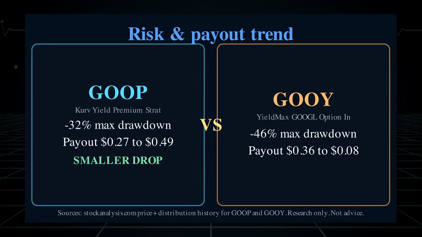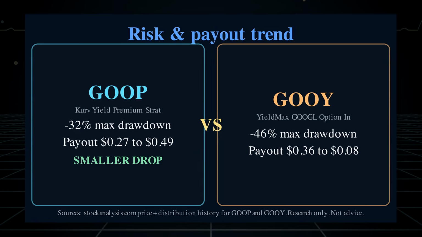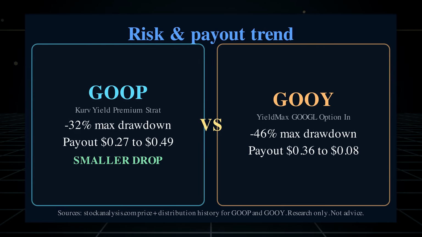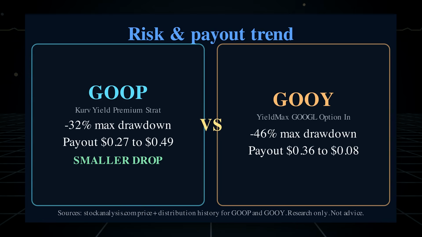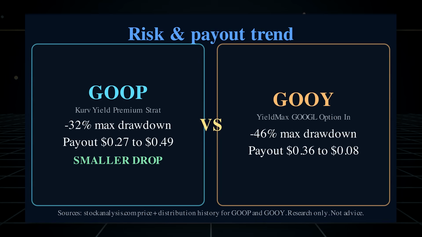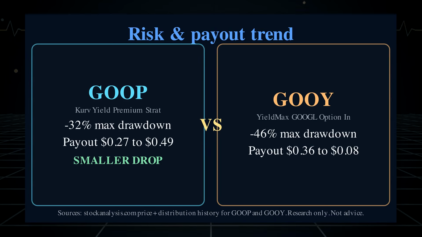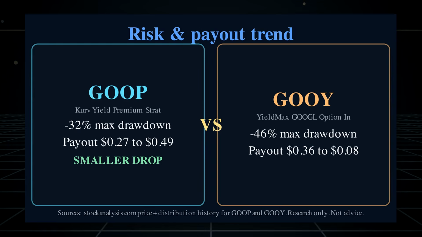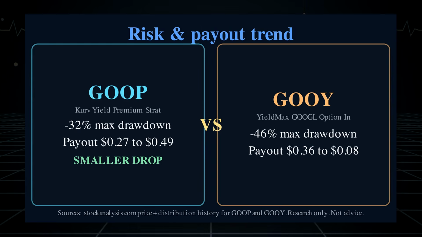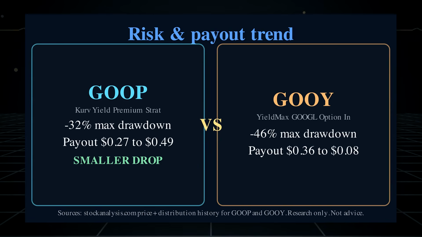Tax character is another uncertainty, especially when a distribution may include return of capital. Return of capital is not automatically sinister. It can have legitimate tax and accounting treatment. Economically, however, an investor must still ask whether cash received was accompanied by enough portfolio gain to preserve the productive base. GOOP's supplied record answers that question favorably so far. GOOY's declining NAV and shrinking recent payment demand much more caution.